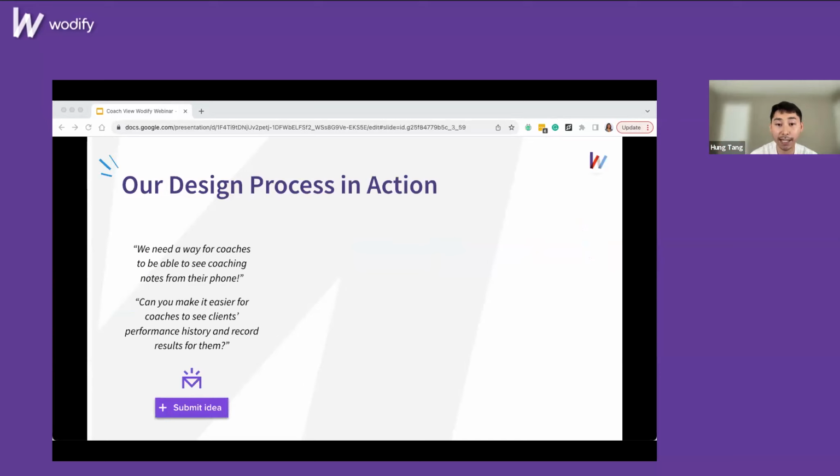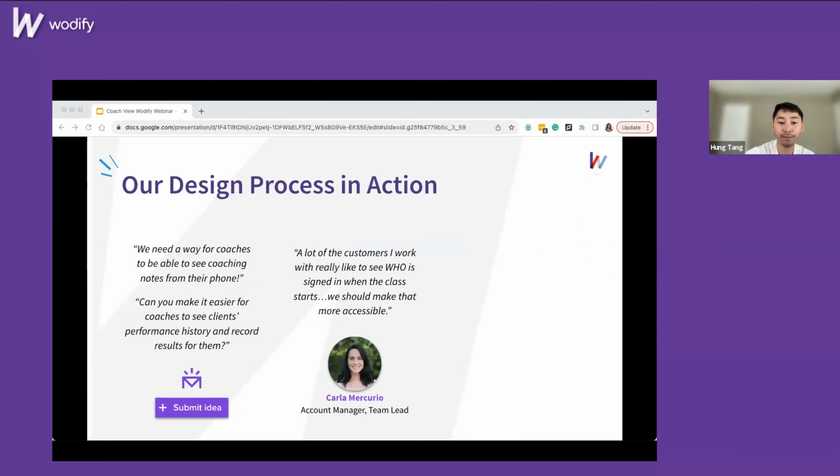So the challenge was that historically, we've had two apps, one that was client-focused and one that was admin-focused. The reality of the admin app is that it worked, but the user experience wasn't great and it wasn't built for these use cases that customers were asking for. And this internal feedback aligned with what we were hearing from customers.